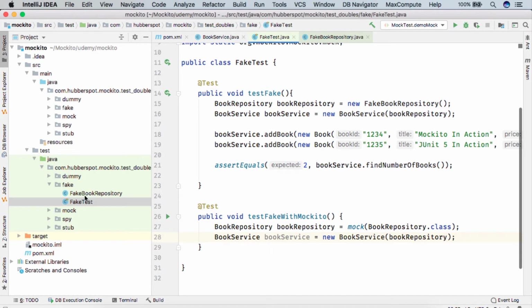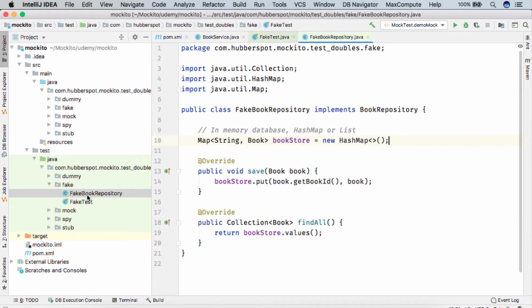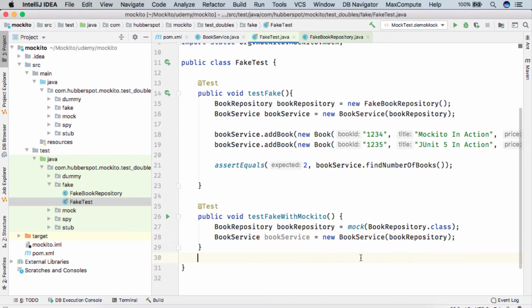Now friends, here we created a fake BookRepository manually, and what it did was it used a hash map, it stored some books, and when we did findAll, it returned us the list of books. So now how will we tell this BookRepository that we want to do something like this, which we did here? So friends, here you can see that we first purposely called the addBook method and we added these two books.